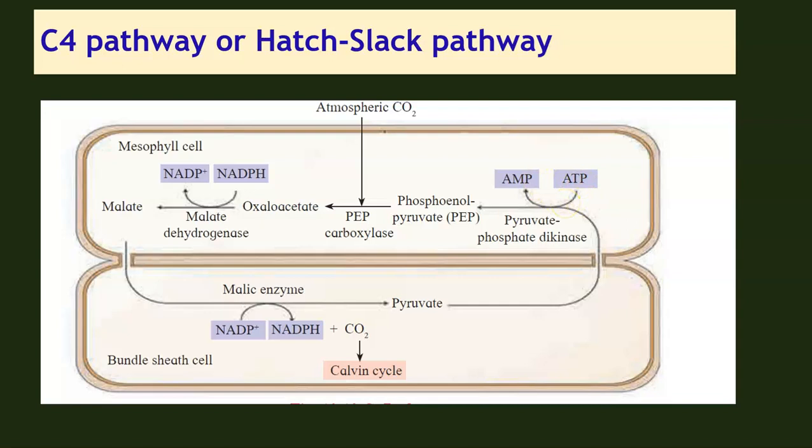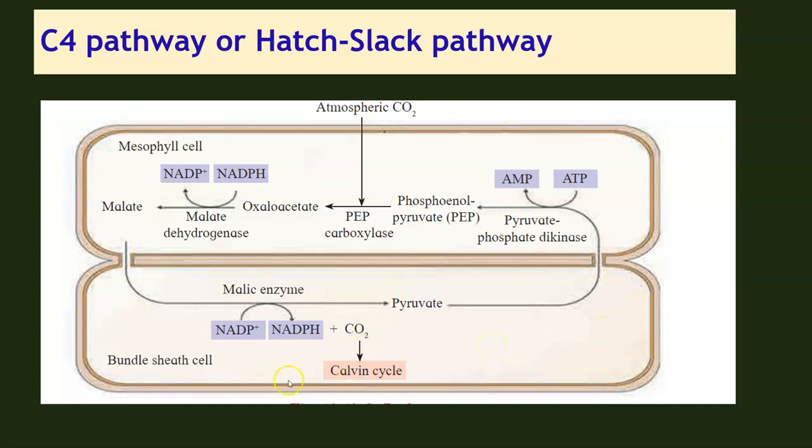Thus, the C4 pathway needs an additional 12 ATPs. So, in the C3 pathway, we require a total of 18 ATPs for the synthesis of one glucose molecule, and here in case of the C4 pathway, a total of 30 ATPs are required. But the C4 plants are better photosynthesizers as compared to your C3 plants, as there is no photorespiration taking place